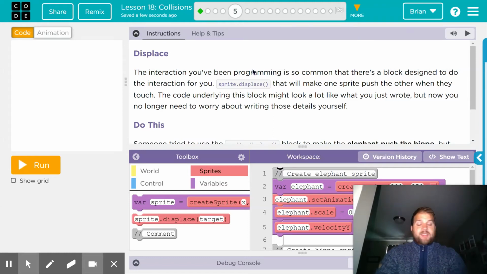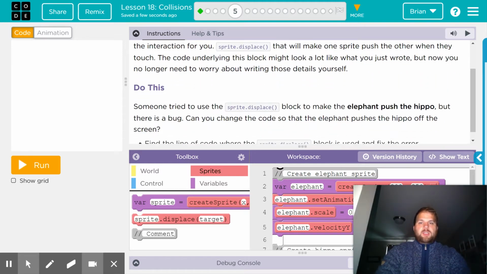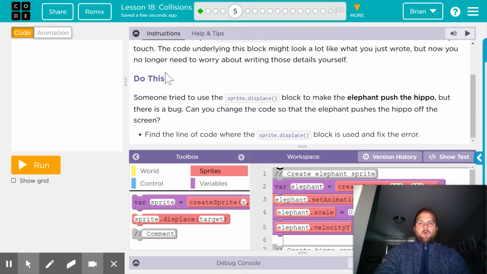Okay, so as it is in almost all types of coding, all the things that we've done up to this point is now going to get switched over to something else. The code that we used, where we would say, all right, if they're touching, this velocity is equal to this velocity. Well, on this one, we're going to use the same thing, but we just have a block called displace, and it looks the exact same, right? So if we run this code just to start,